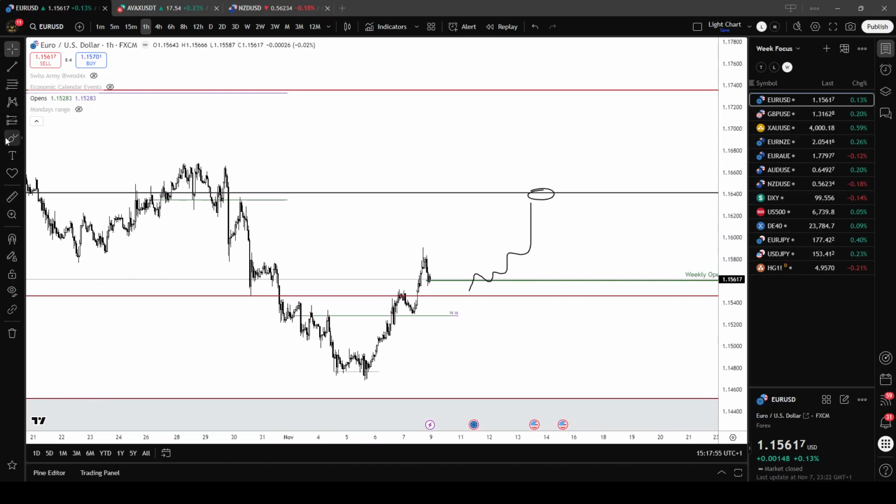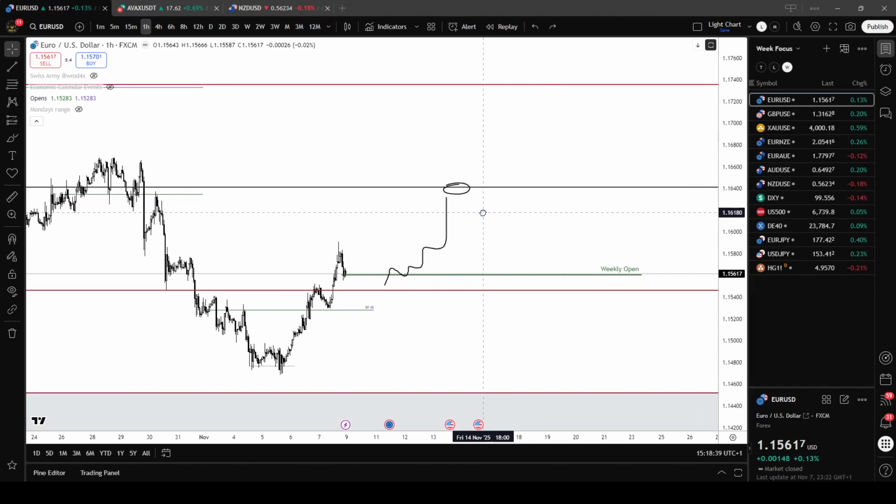Also, you could think about getting short here if price comes here, okay? However, as I've explained before, I'd much rather flow with price into my area of interest rather than waiting for price to get somewhere and then behave like I wanted to. So I might get short if price comes into this level and gives me a setup, but I wouldn't risk as much money as I would getting long from the weekly open into this area here. Okay,